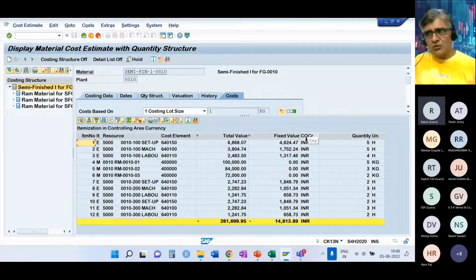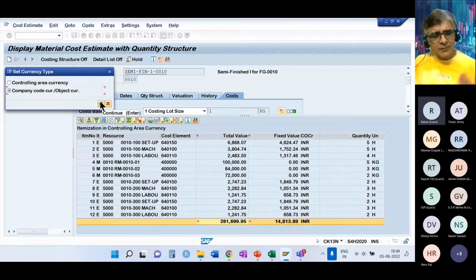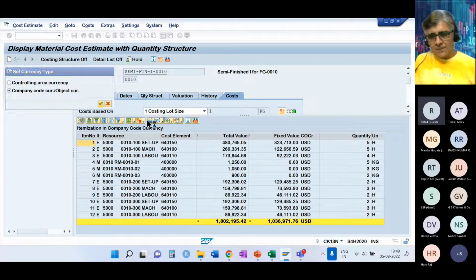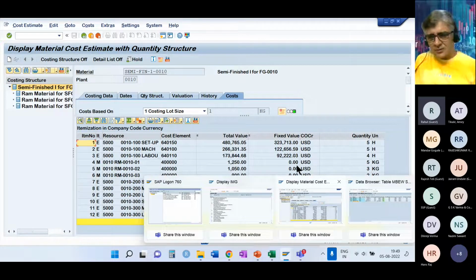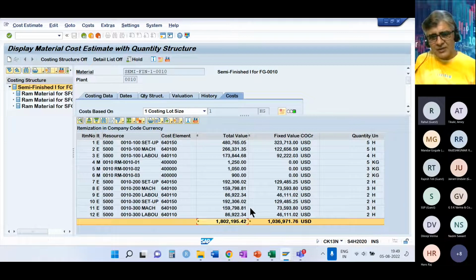So that's where I will do many of the group reporting in INR, and I can also do it in the company code currency. So this cost in INR is 281,000 per unit, and ideally, my company code currency is US dollar because, as I already said, this legal entity is in USA. Okay, so our scenario is how are we going to manage this kind of a company which is a subsidiary in USA and headquarters is in India. Now there's some issue here, so you'll see that the US dollar is much higher than the rupee. That's a small problem. Don't worry about it.